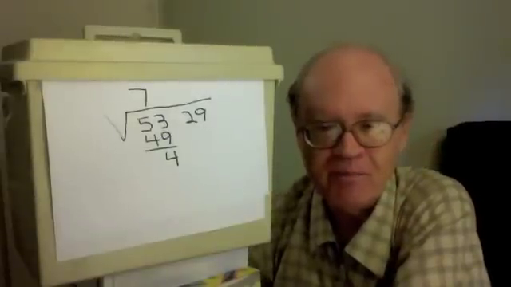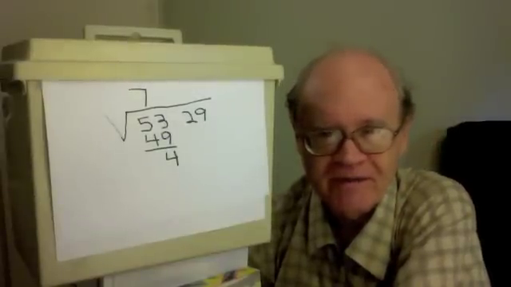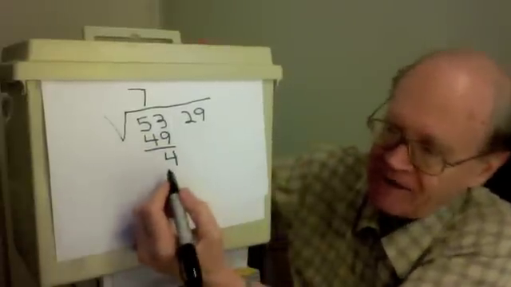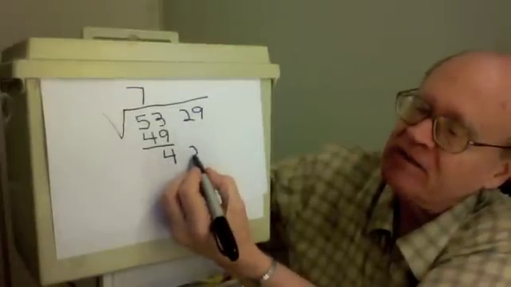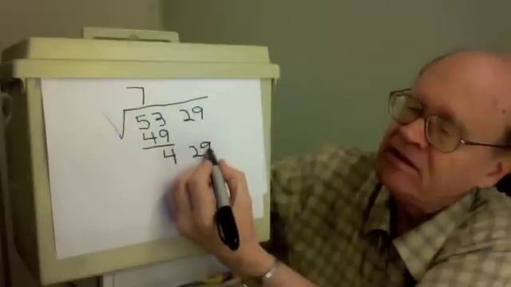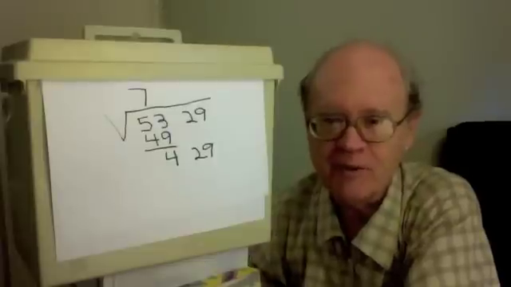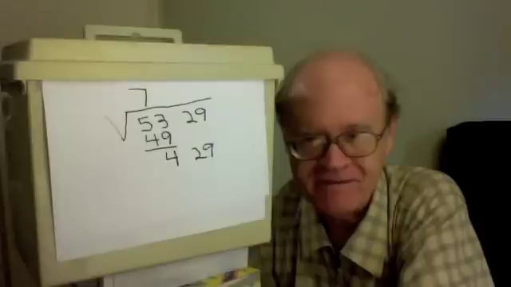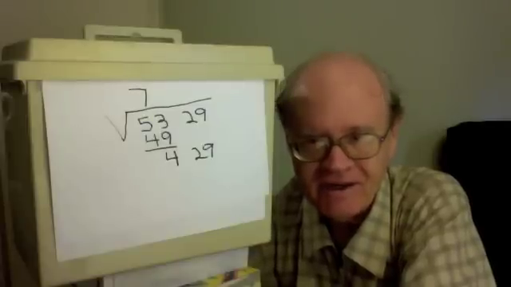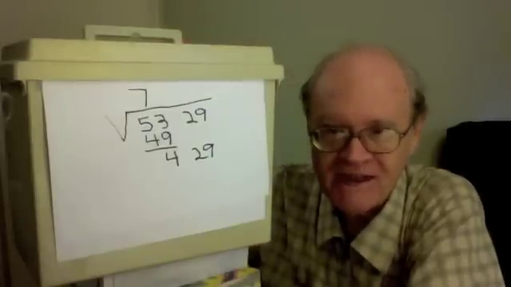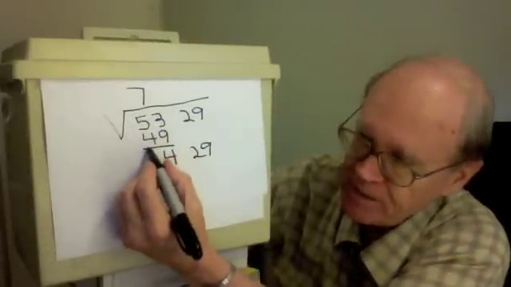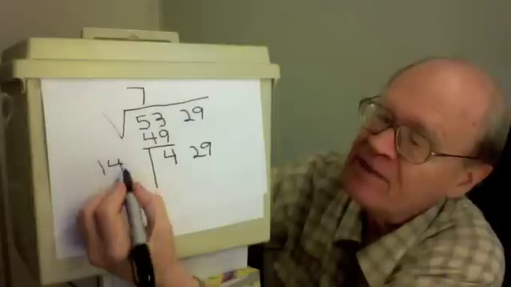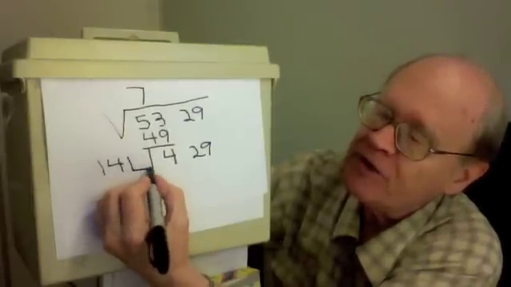You can see that this bears a resemblance to long division, except there is no divisor. Having subtracted and gotten 4, I bring down the 29. So now I have 429. Now I'm going to do something mysterious. I need a divisor. To get it, I'm going to double the 7. That is, multiply it by 2. 7 times 2 is 14. I write the 14 here, but I leave room for another numeral,